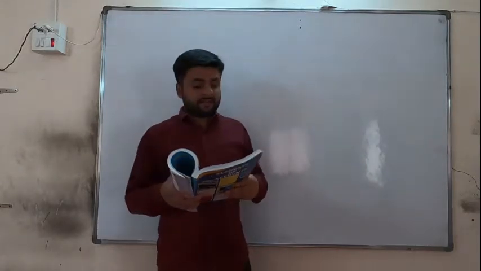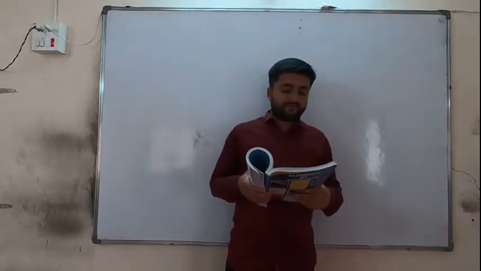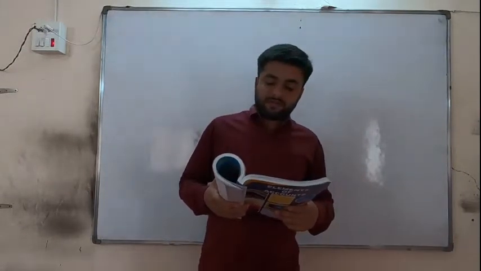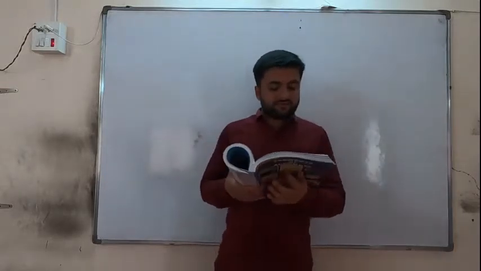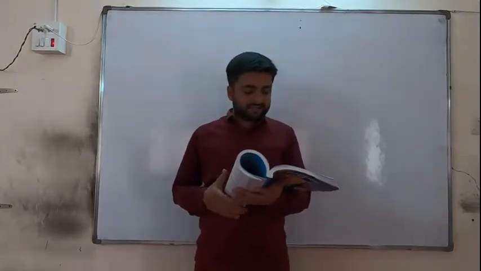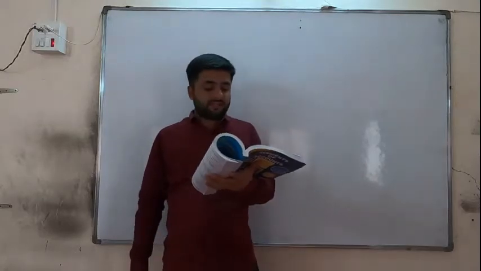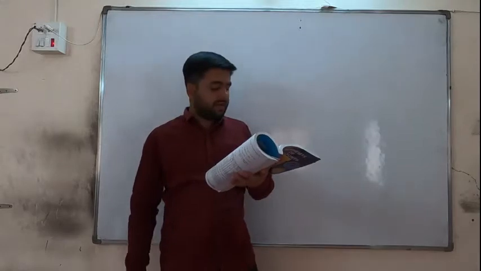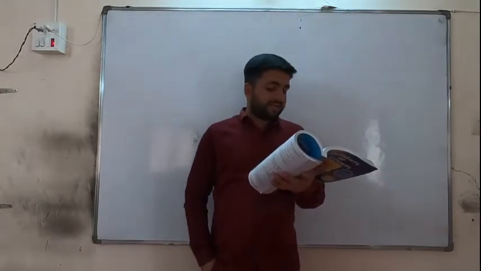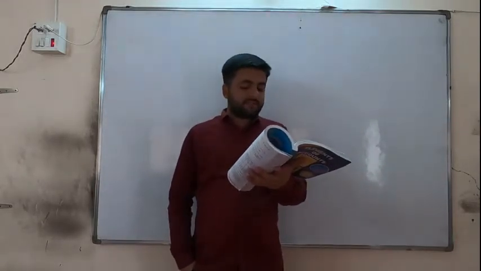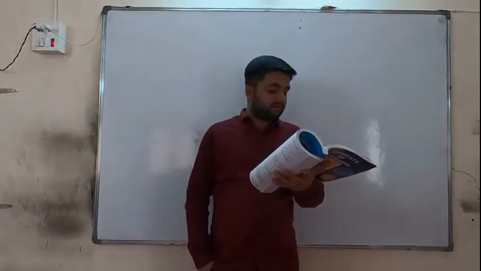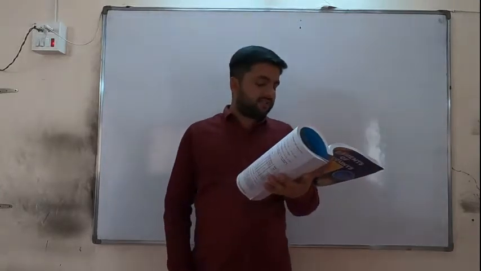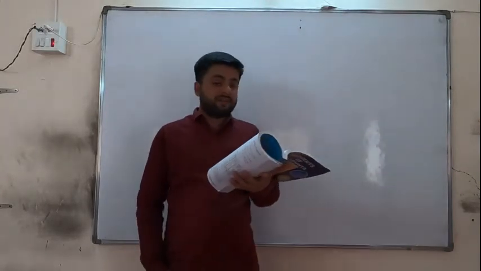Format is given: date, particulars, receipt number, LF, discount allowed, bank. Date, particulars, voucher number, LF, discount received, and bank. Transactions of checks issued and checks received, bank charges, bank commission, bank interest, etc. are recorded in the same manner as recorded in the cash and bank columnar cash book. Here the cash column is not maintained. Hence, when the check is deposited in bank, on that date it is recorded on the debit side of cash book in bank column. Similarly, the date on which the check is issued, it is recorded on the credit side of the cash book in the bank column.